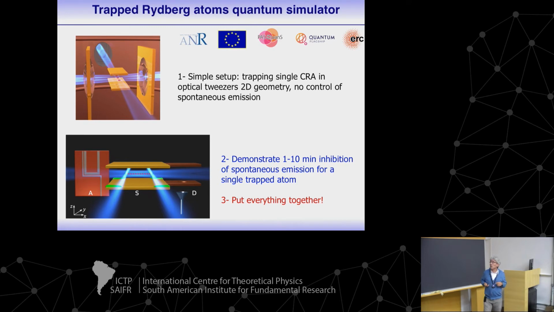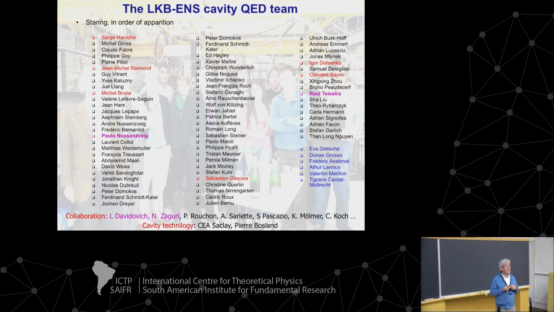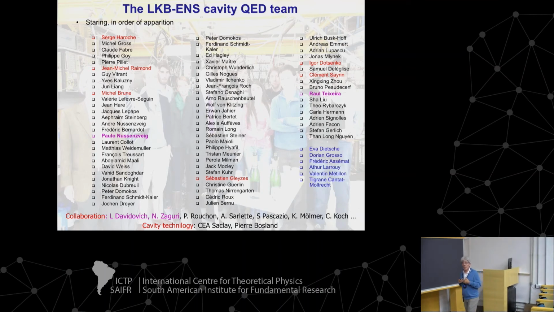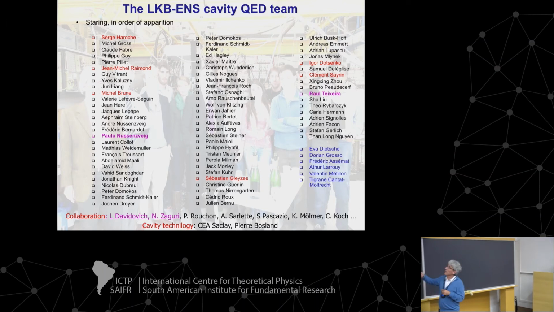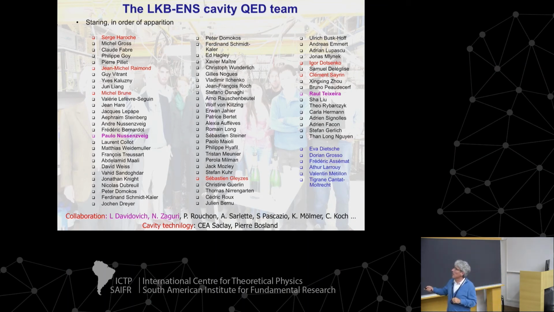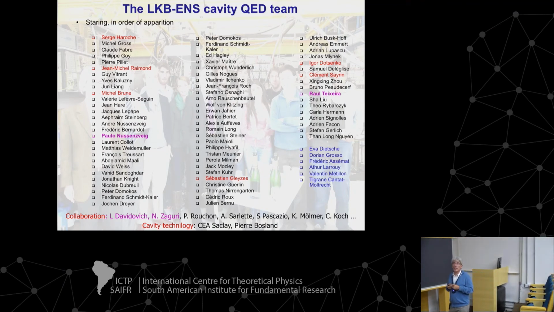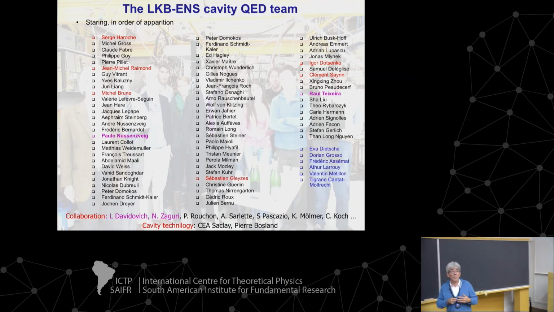And before going to the questions, I would like to mention all the people who were involved in the work I described during my lecture. I would like to stress that the cavity QED project with circular Rydberg atoms was a kind of long-term project, and all the people here in purple or red are people who were involved in this cavity QED experiment. So you can recognize Brazilian people, and among them Raul, in the list of the people involved in this work. Luis Davidovich and Nissim Zagury from Rio had a very long and very fruitful collaboration with us about the cavity QED experiment. And so the time scale is that this cavity QED experiment started basically in 1991 when we proposed